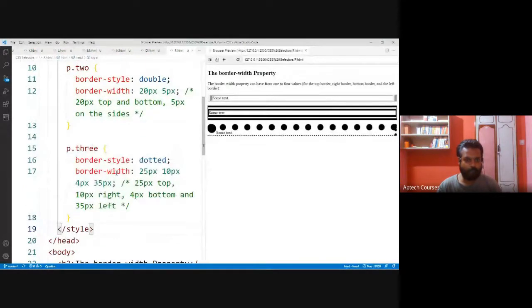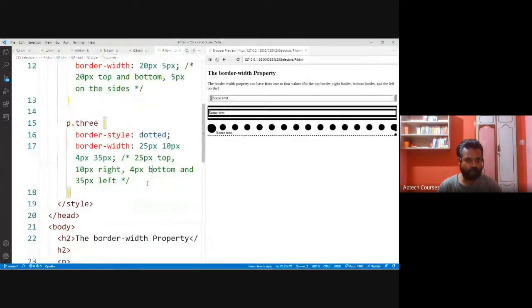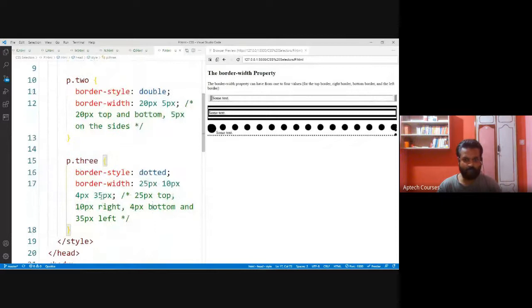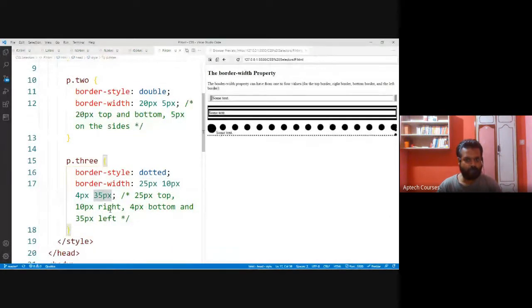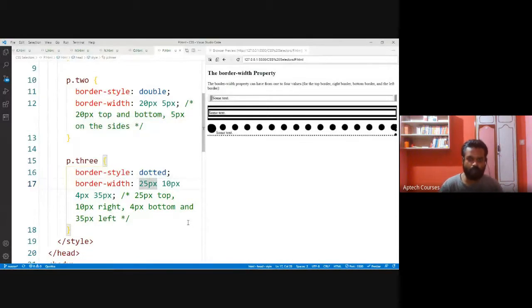Here, border width: see here, 35 pixels. Yes, 35 pixels we have given. Let me reduce it.